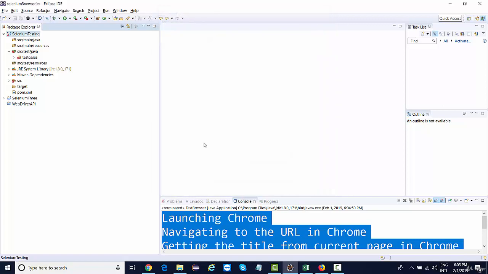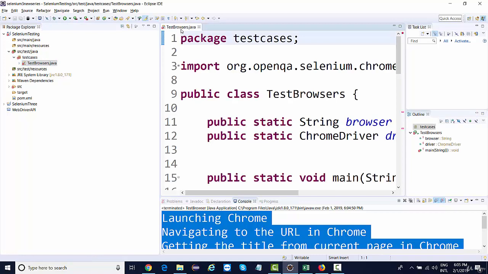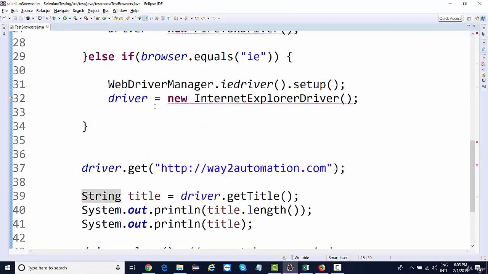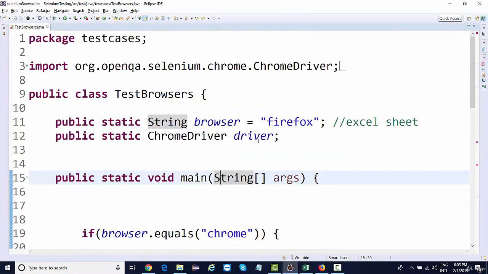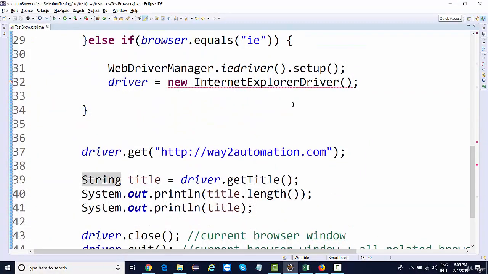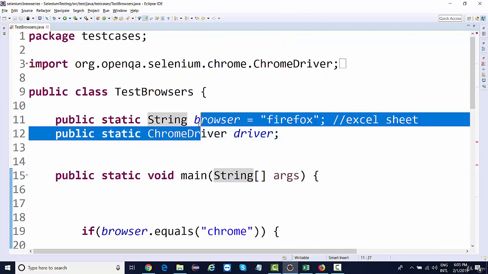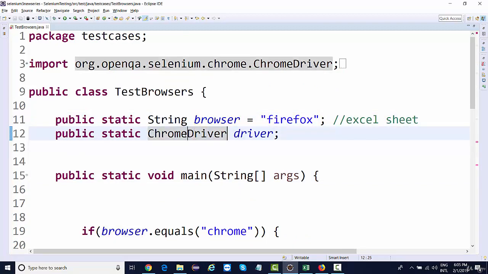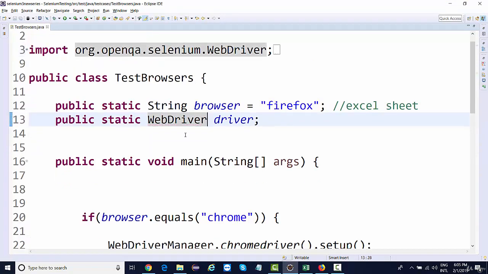But before that, the error is due to some other reason. The error was due to this reference. We were saying Chrome driver equal to new Internet Explorer driver, which is not correct. So instead of this, I can give WebDriver and import it, Control Shift O, WebDriver added.